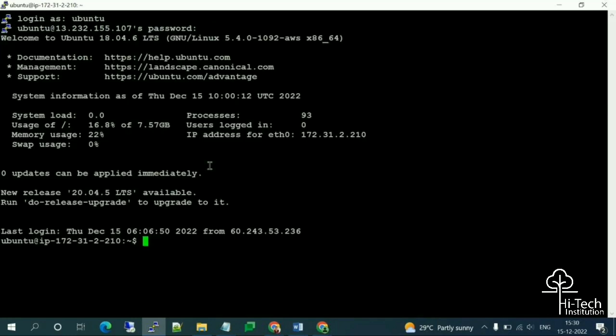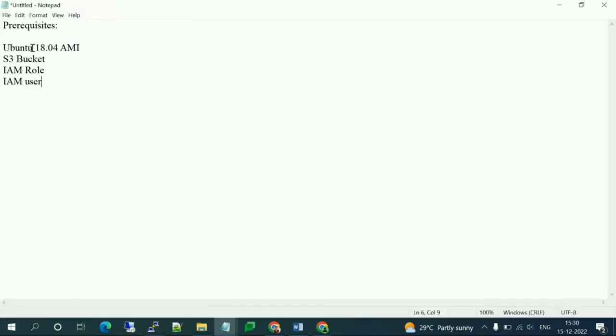Now I'm going to enter a command called sudo su to switch to the root user. Now we are going to install some packages, like tools. The Ubuntu 18.04 is already launched, and the S3 bucket, IAM role, and IAM user are ready. So that's all fine. But now, inside the Ubuntu server, we need to create